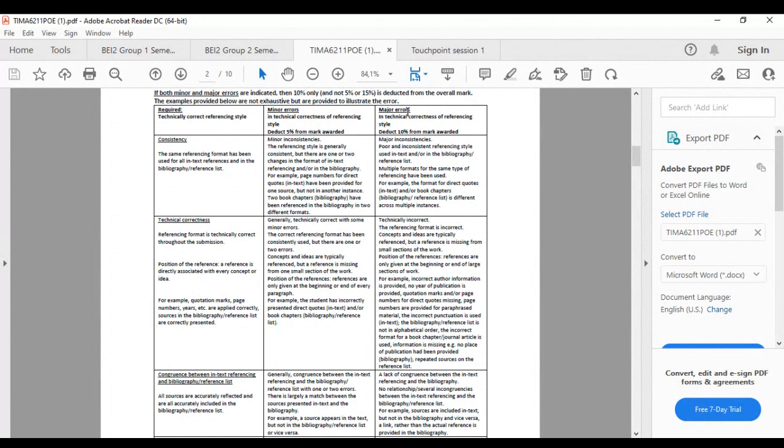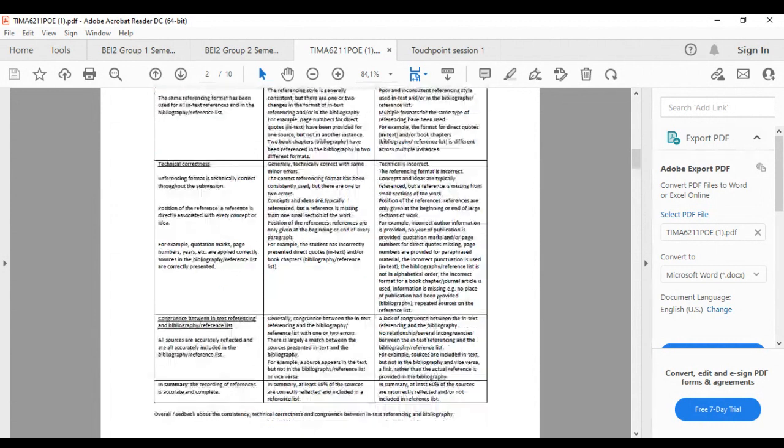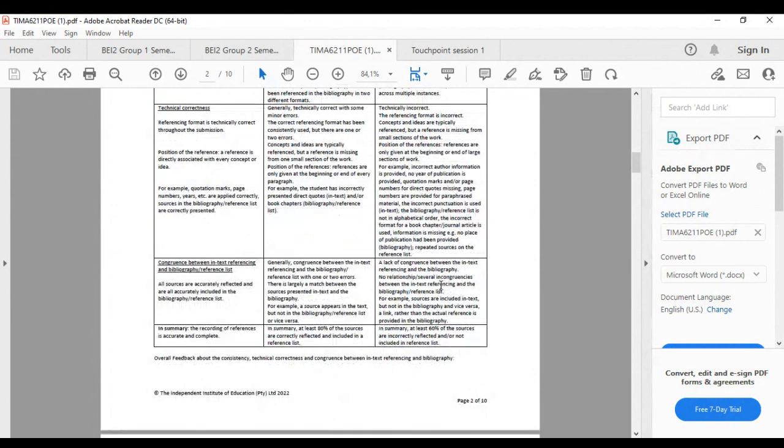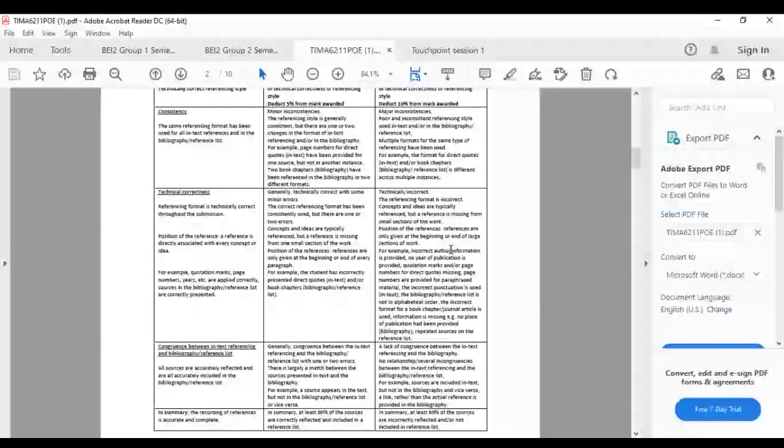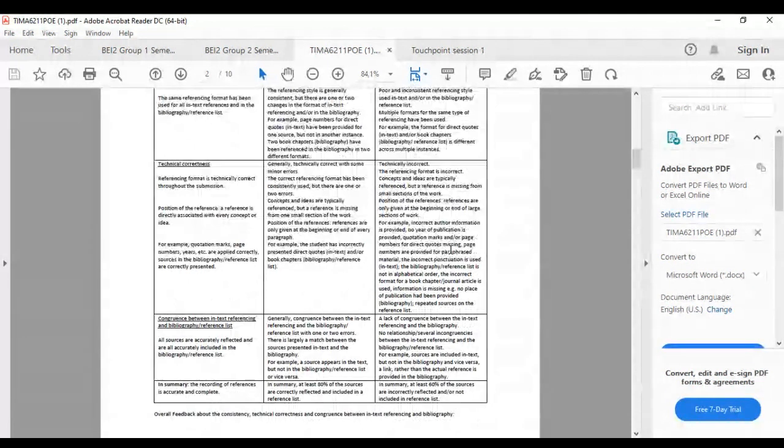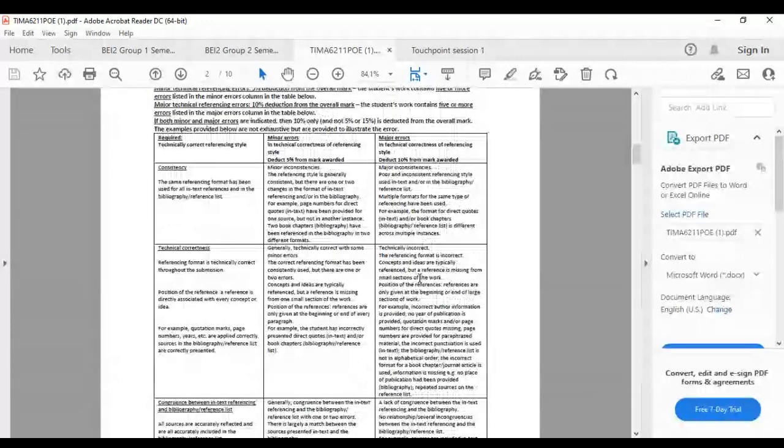And major errors, so for minor errors, we deduct up to 5%, and for major errors, up to 10%. So please, people, you have to read through these columns. It's not a lot of reading, but please make sure that you know exactly what is going on in this referencing rubric, right? So please make sure that you go through this.